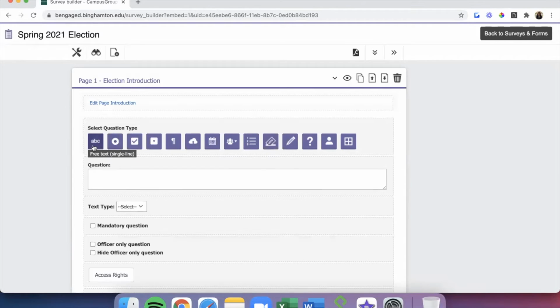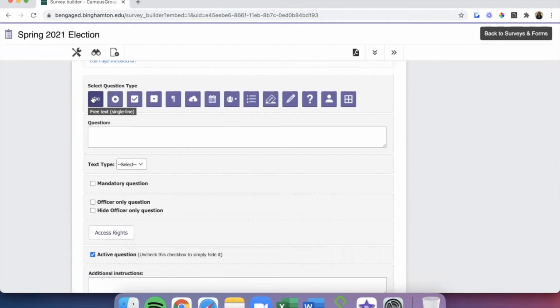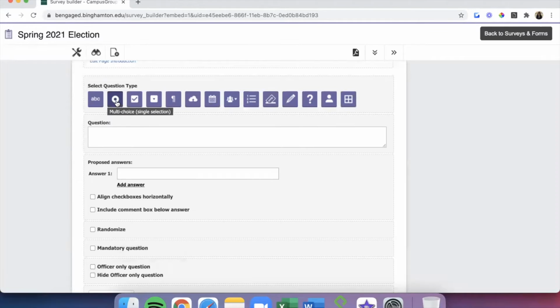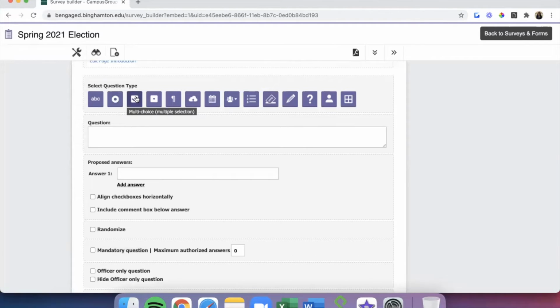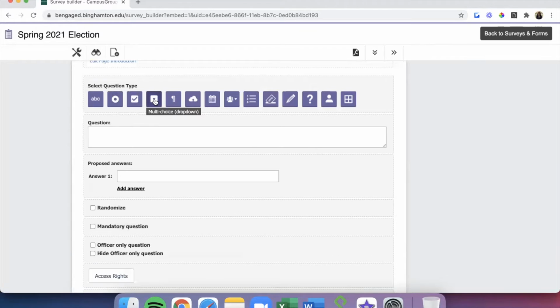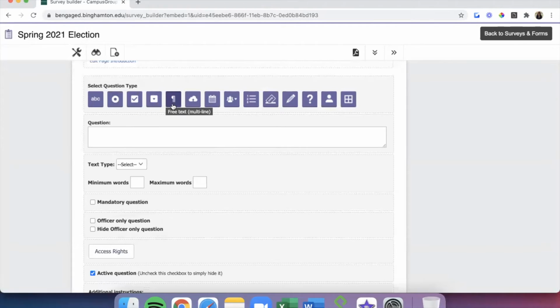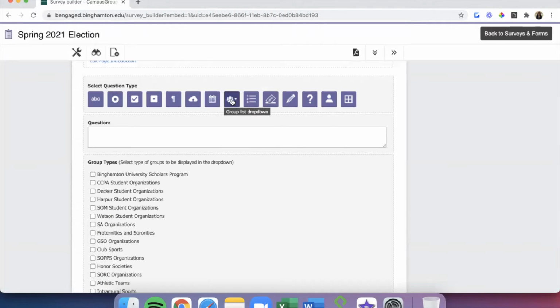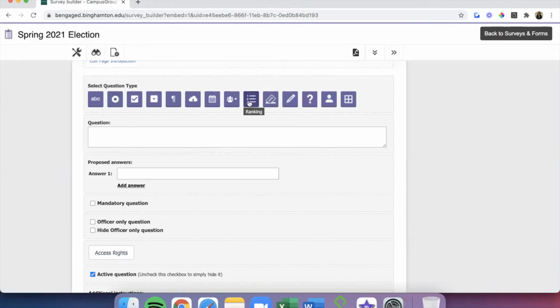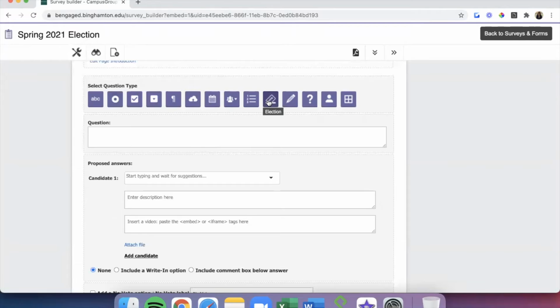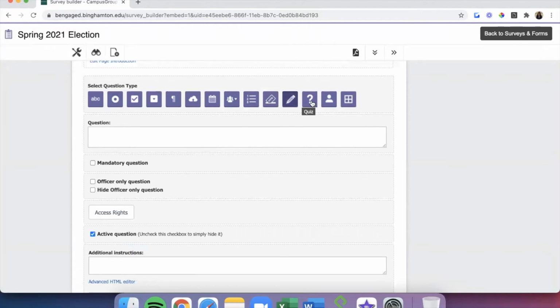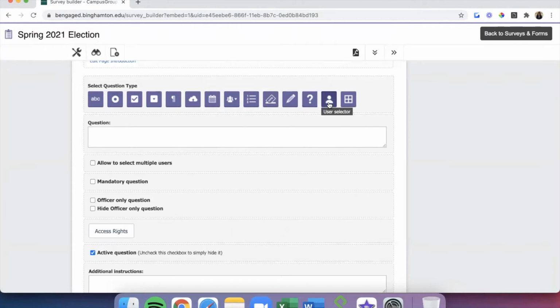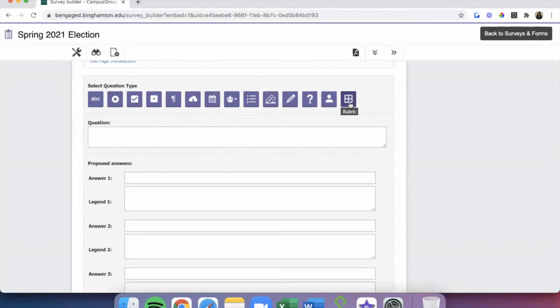They are as follows: free text single line, multiple choice single selection, multiple choice multiple selection, multiple choice dropdown, free text multi-line, file upload, calendar pop-up, club list dropdown, ranking, election, signature, quiz, user selector, and rubric.